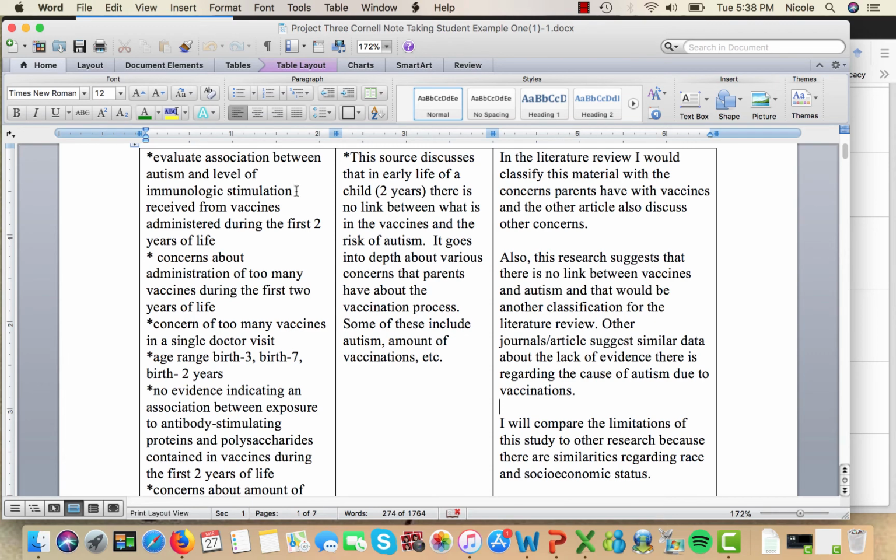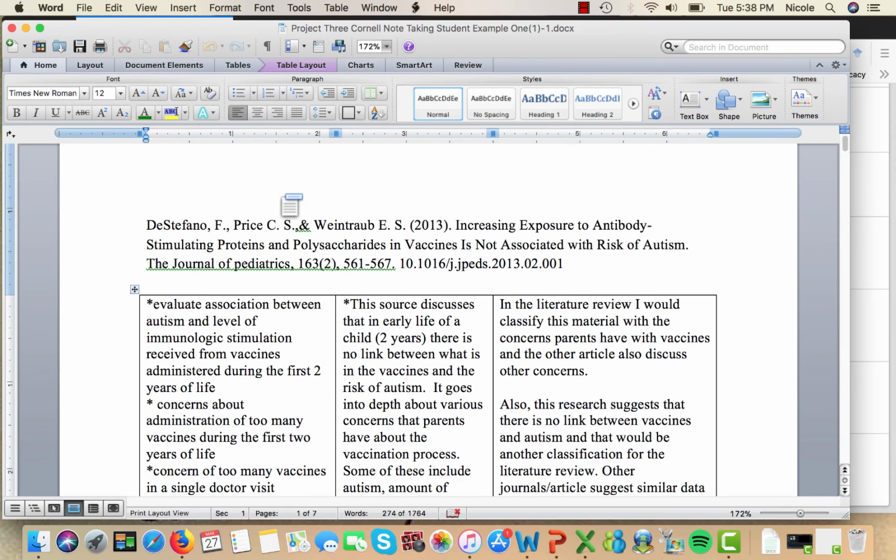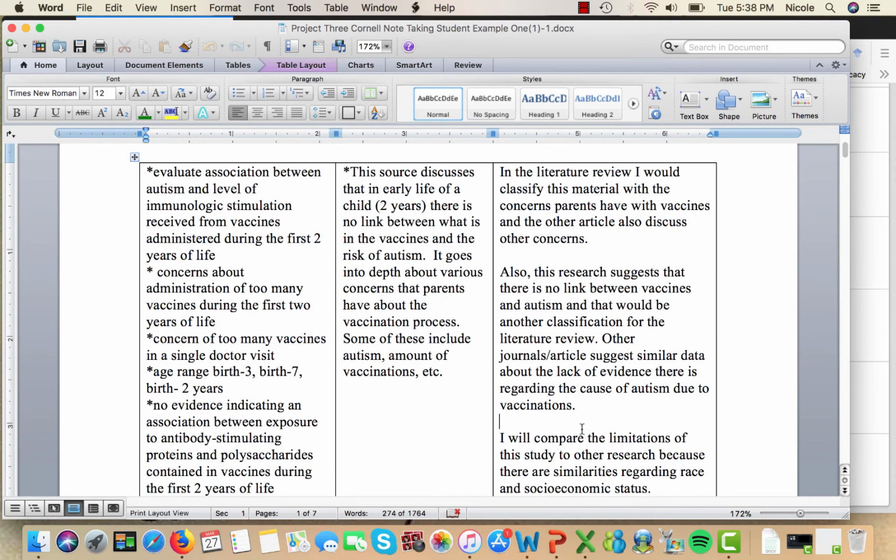So Cornell notes, their function is going to be similar to an annotated bibliography, but I think that this is going to actually be more helpful to you when you're writing a more complicated piece like your research proposal, because as you can see here in these notes, there are perhaps multiple places where you might use a source. Perhaps you would cite it in the lit review and then also in the discussion. And so it helps to think in your head where you might put this source, especially if it's in multiple places.